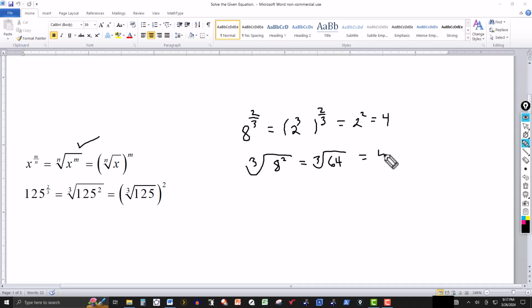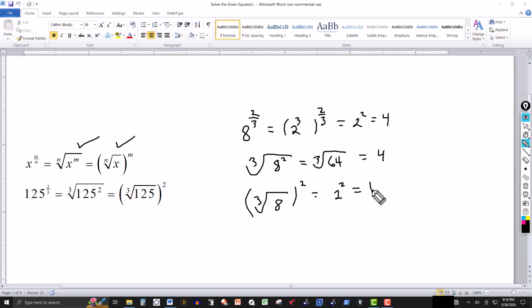Another way to get the answer. Or using this form, I can take the cube root of 8 and then take that to the 2nd power. Cube root of 8 is 2, and then 2 squared